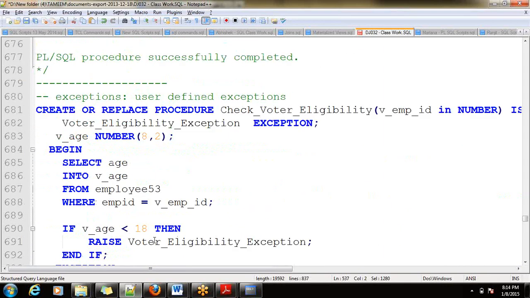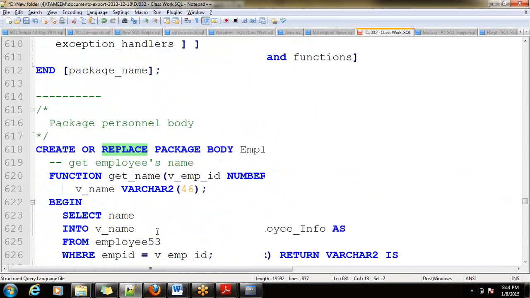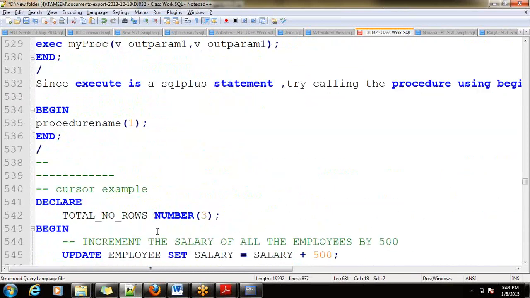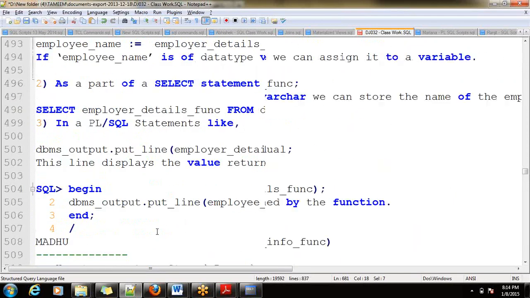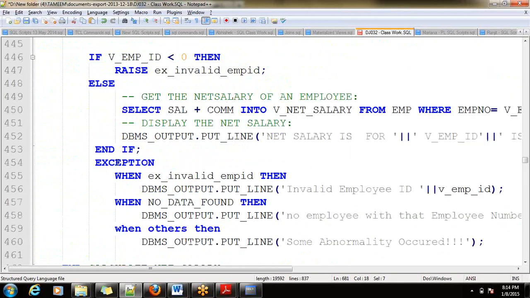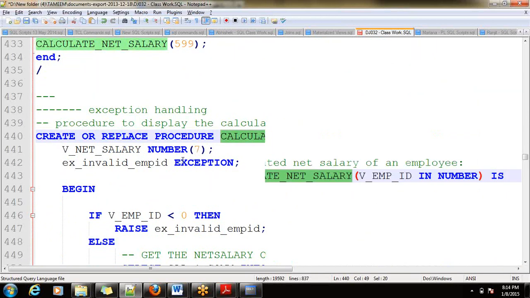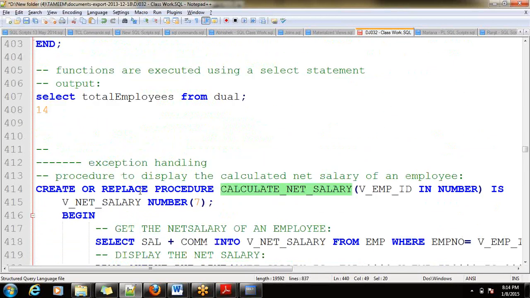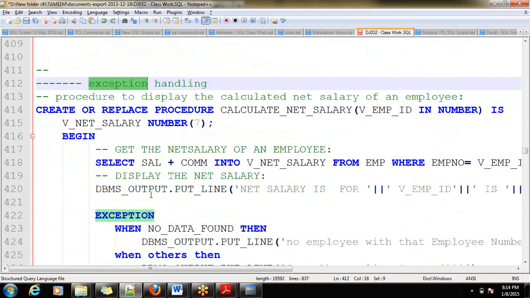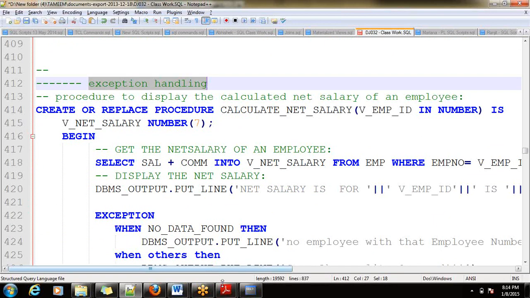Exceptions. All right. The next topic is exception handling.